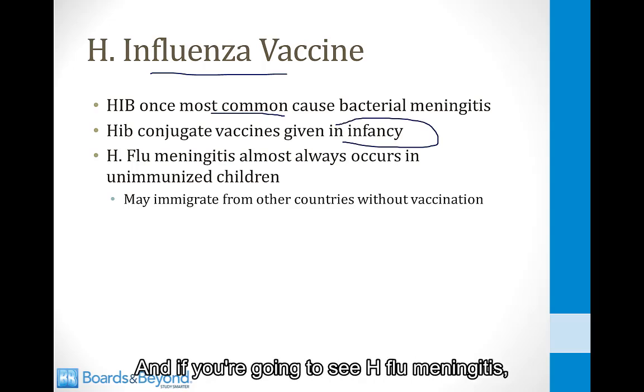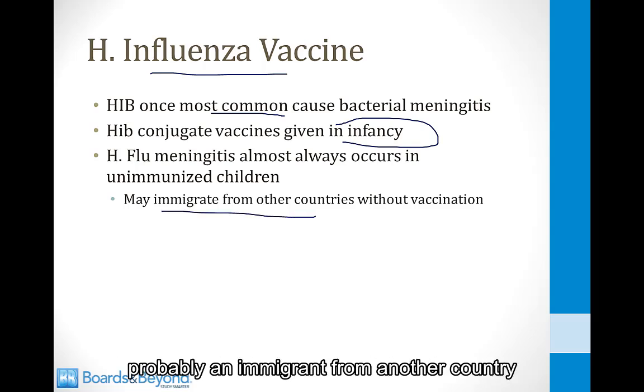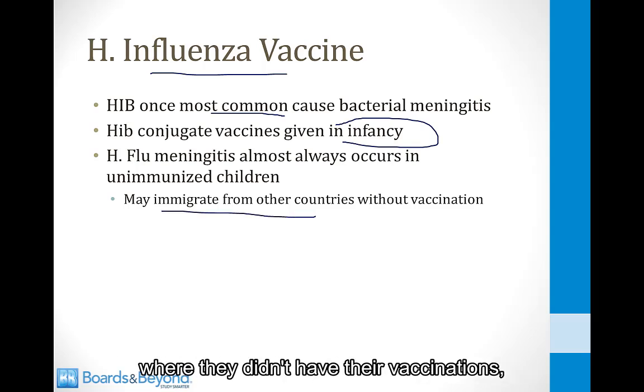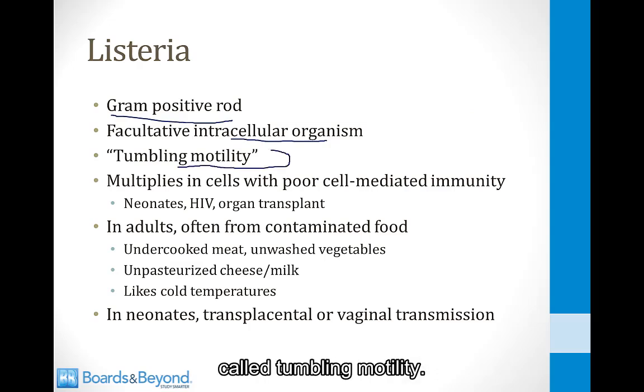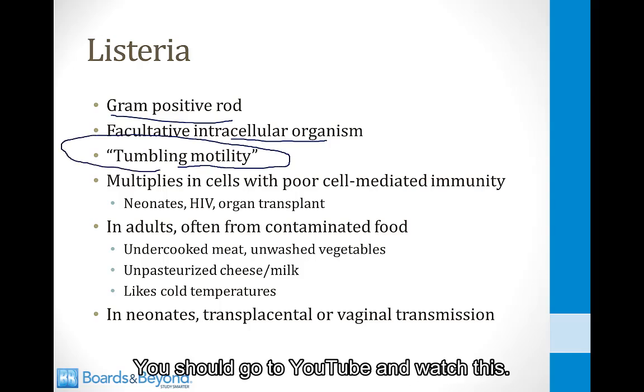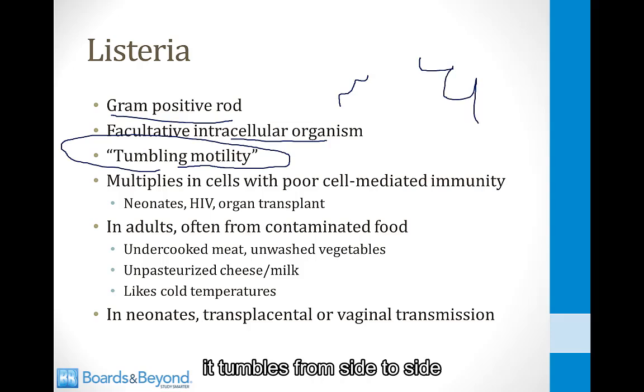And if you're going to see H. flu meningitis, it's going to be in someone who's unimmunized, probably an immigrant from another country where they didn't have their vaccinations. Listeria is a gram-positive rod. It's a facultative intracellular organism. It has this very special mobile quality called tumbling motility. You should go to YouTube and watch this. So instead of the bacteria sort of swimming around like this, it tumbles from side to side and moves across